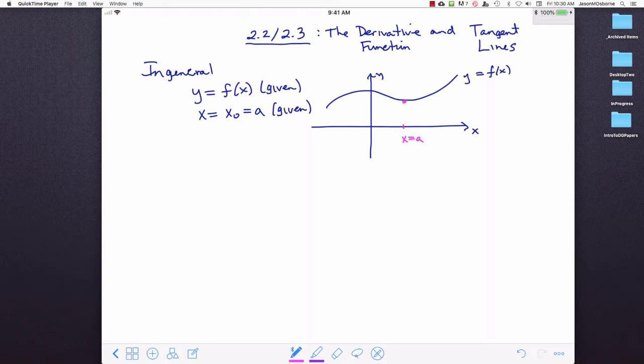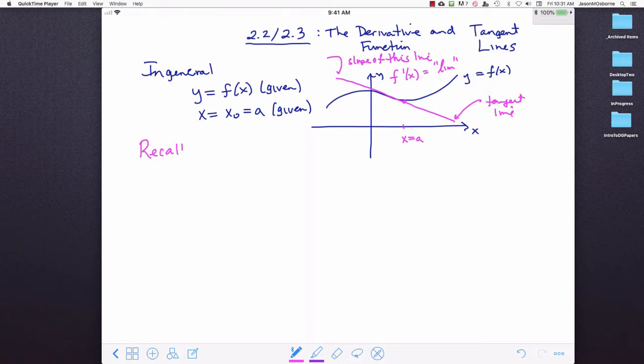And then we talked about the concept of a tangent line in class. And we know that the slope of this line is given by f prime of x, which you can compute using a limit problem. So I'd like to look at this problem in a specific example, and then just to recall one other important idea,